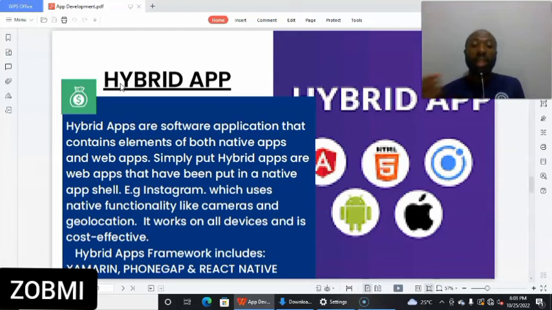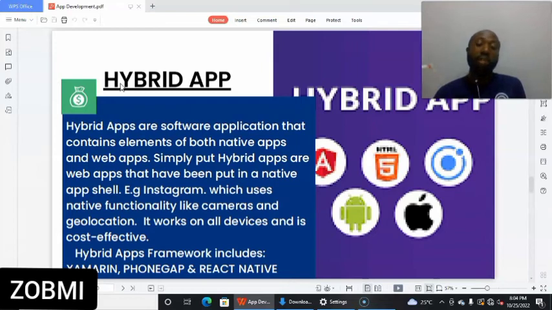A good example of a hybrid app is Instagram, simply because it uses native app functionalities like cameras and geolocation, and it works on all devices and is cost effective. Now, hybrid app frameworks include